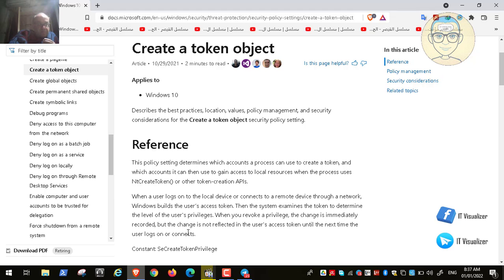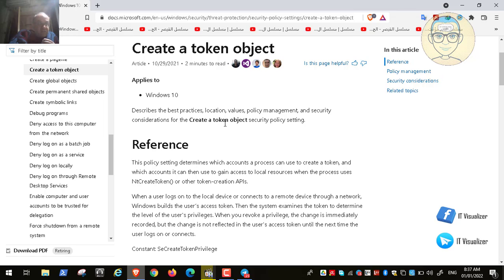A token is a way the system knows what the rights or privileges of the user on the system are. So he's saying that the one given this right, create a token object, can change the token object. This token object is used by the system to verify what rights this user has on the system resources.